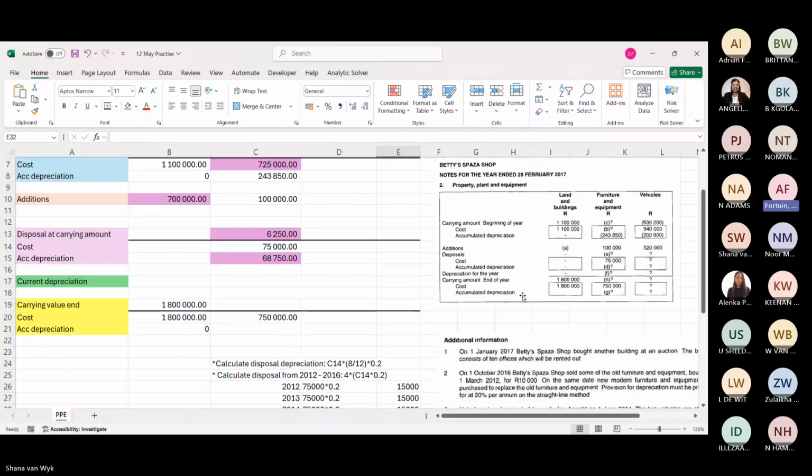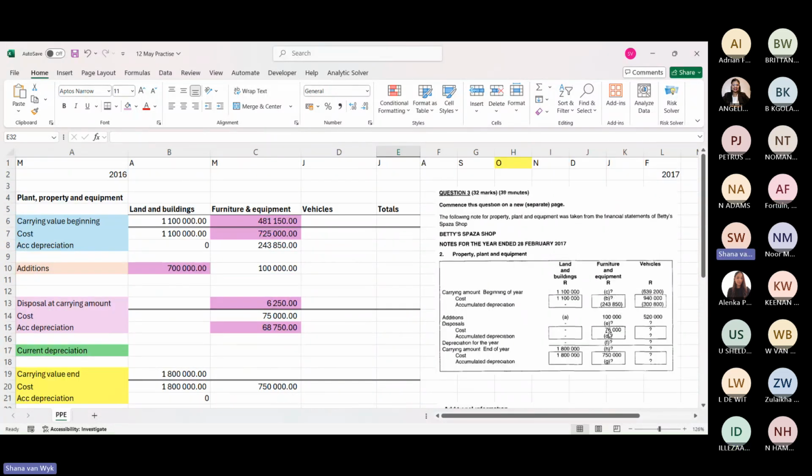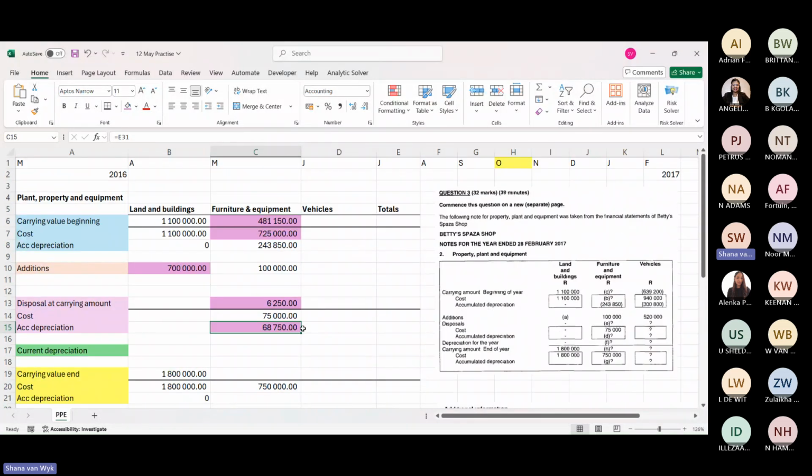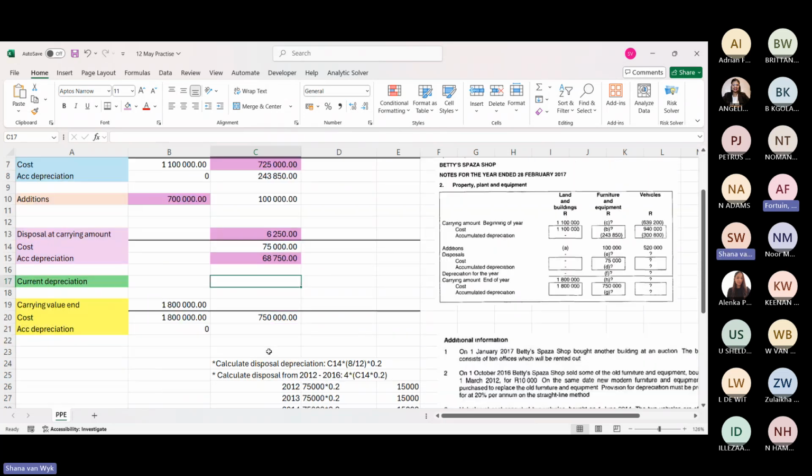What number are we by now? We're by E. Okay, yes, E. D we just did, so that's sorted. This is this calculation here. And then where are we now? Depreciation for the F year. Now F. You do it step by step, not with C and D. So now we must do E and F.